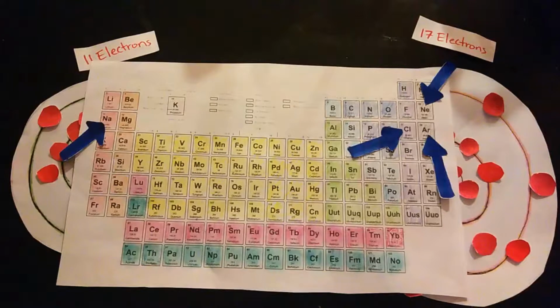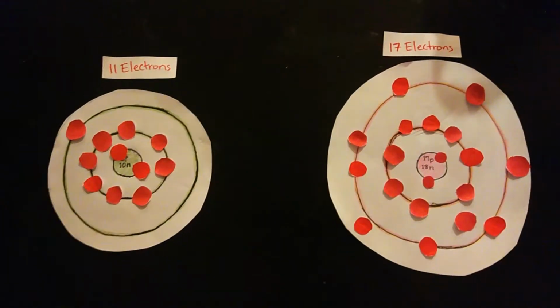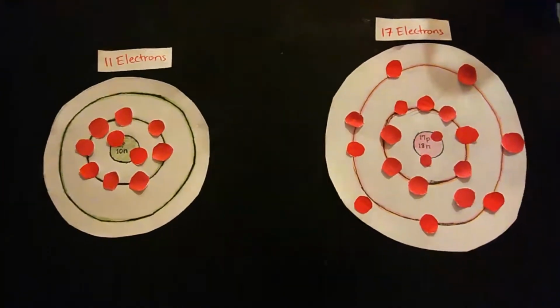Because sodium has 11 electrons, it has to get rid of electrons in order to match the number of electrons neon has, which is 10. Chlorine has 17 electrons, while argon has 18, meaning that they need another electron to match. Because sodium needs to lose one and chlorine needs to gain one, sodium donates one of its electrons to chlorine